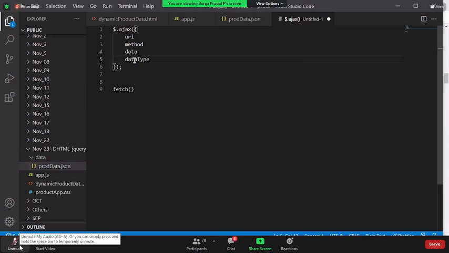Whenever we are interacting with the server, it is not like you only interact with JSON every time. Yes, JSON is recommended, but there could be a chance that people might want an XML, or a string, etc. So you need to specify the data type here. What type of data are you expecting from the server? On top of that, you have a lot of other things like synchronous, asynchronous, JSONP communication. Those things I'll talk about later. But along with this, you need to specify something called success and something called error. These are the callback methods. Whatever method you specify will be automatically invoked when there is a successful communication or when there is an error communication.